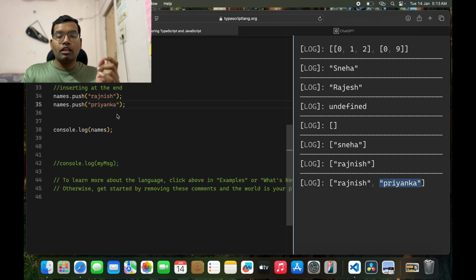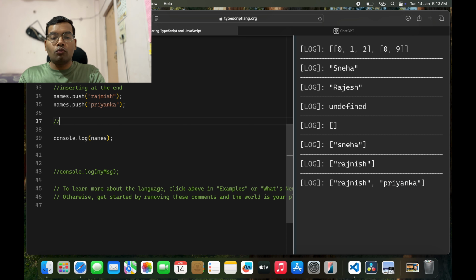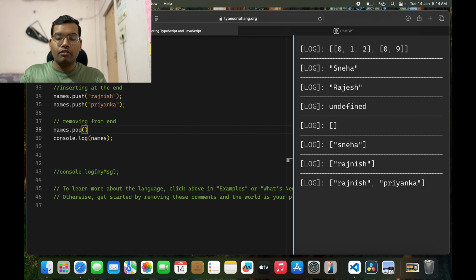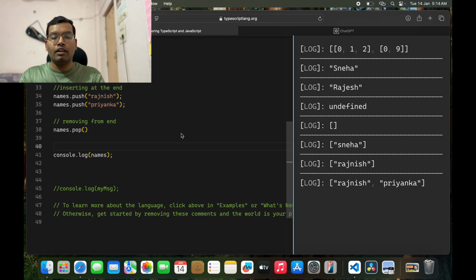Now suppose that you want to remove a few names. So, removing from the end, because you might want to just remove things from the end. What you can do is say names dot pop. You are basically throwing away a value. You don't have to write anything or give any input in the pop. You can just say names dot pop, and it will take the last name pushed